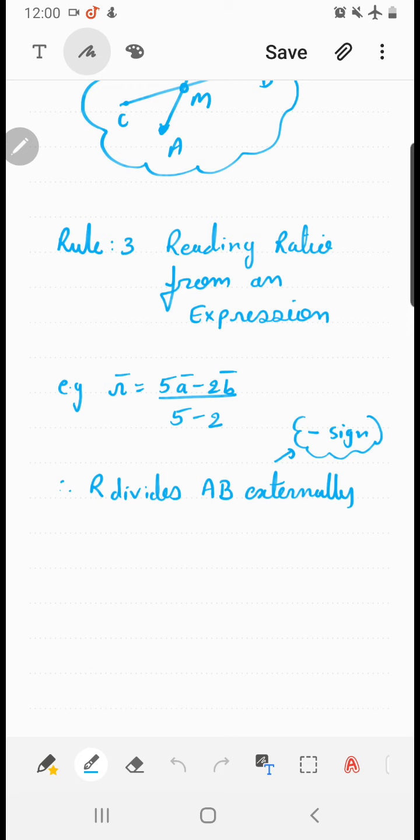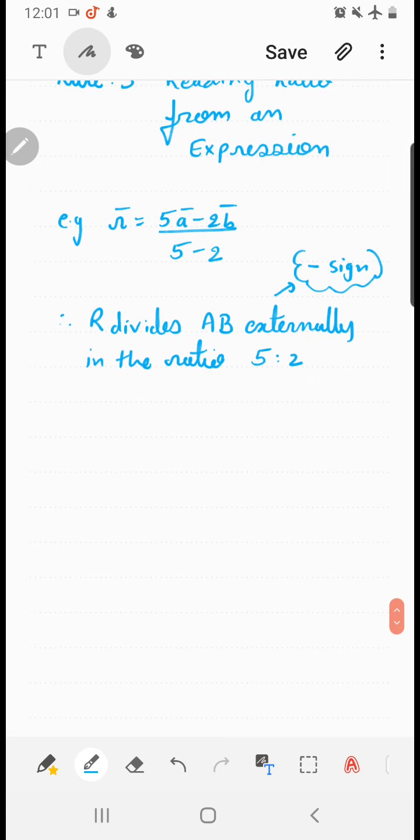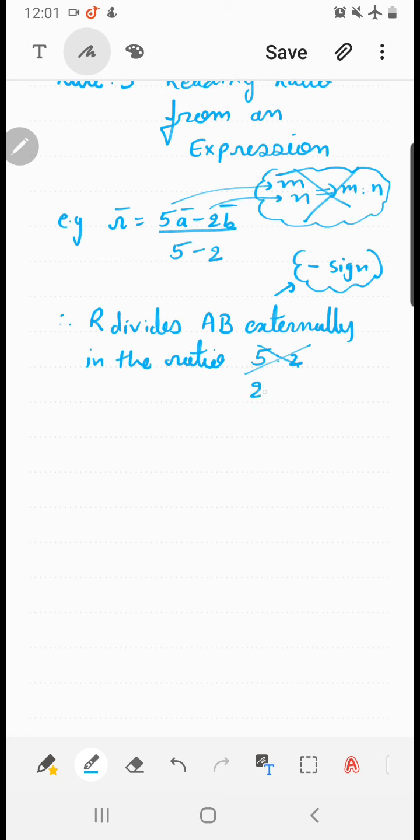In what ratio? Okay, so then in the ratio, can I say 5:2? Okay, but the answer you got is wrong. Generally people think that this is M, this is N, so the ratio is M:N. Never think this way, please. That is why I am giving you golden rule number 3. We always say that the ratio would be 2:5. I'll be asked, sir, why 2:5?